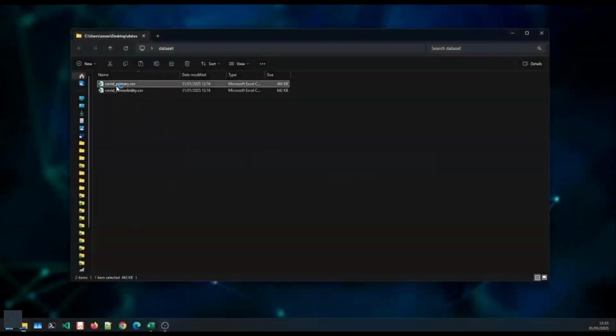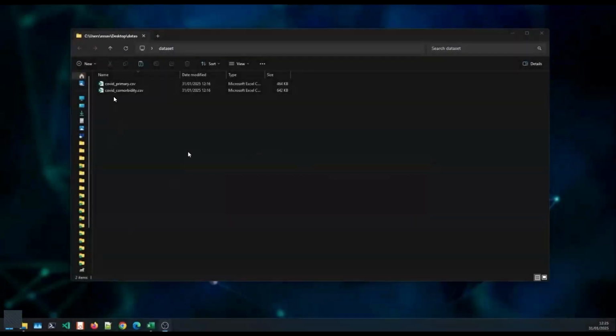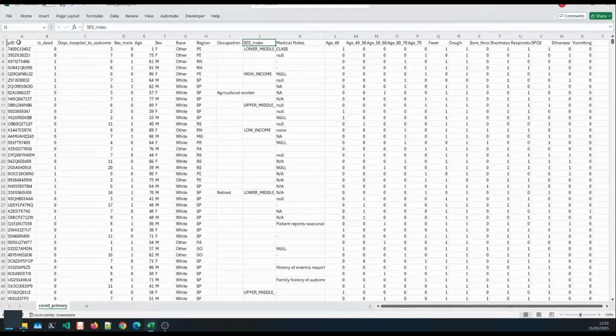So let us imagine this scenario. We are a clinician who wants to work with this COVID data set. You can see that there are two files: a primary file and the comorbidities file, and they're separate. The files can be linked through this thing called PID, which is patient ID. There's a variety of different features for different patients. Interestingly enough, some features have a lot of missing data, such as occupation, SES index, and medical notes, and some have various artifacts of data entry. So there are lowercase null, NA, etc., messy values, just like you'd expect in real data.